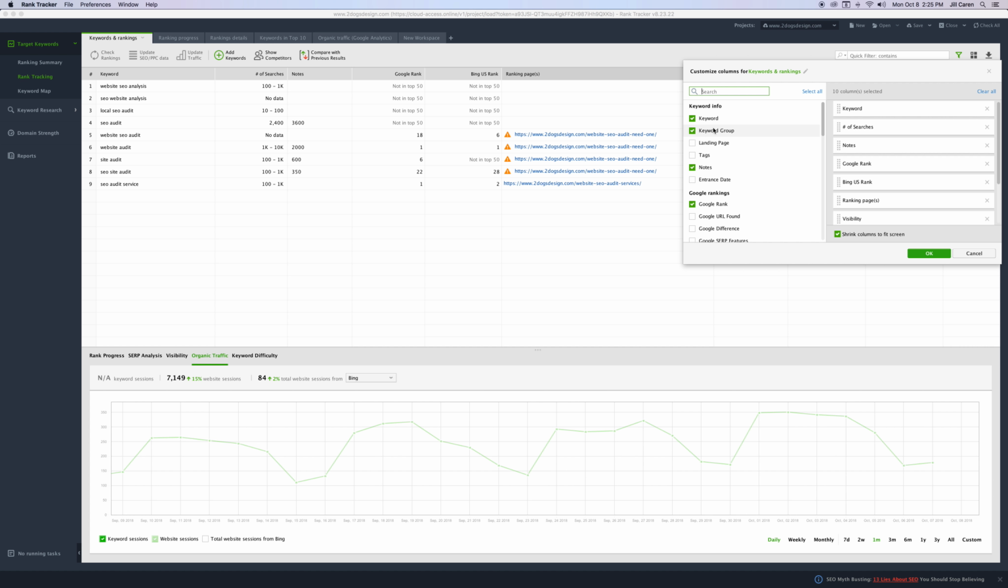You can see we have keyword, keyword group. Oh, here, keyword, number of searches, notes, Google rank, Bing US rank. You can see these are all the columns that are here. Well, you can add more. So all of these are optional columns. So if I wanted to see,